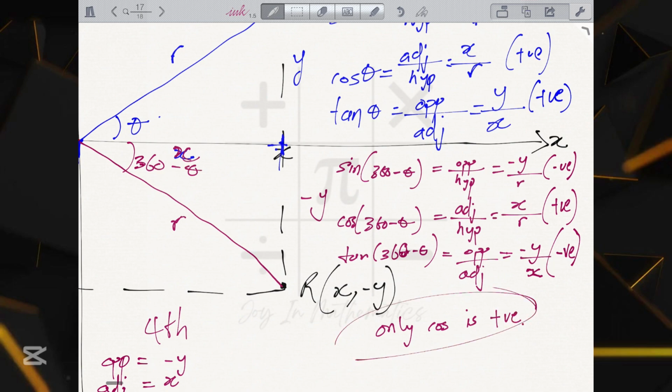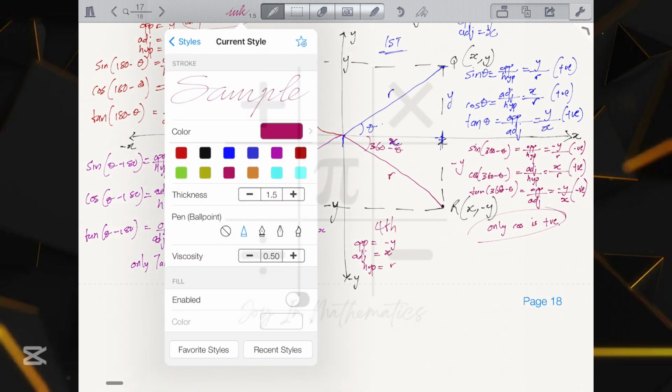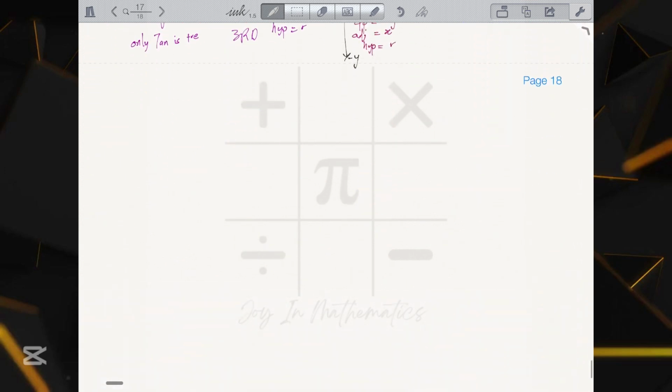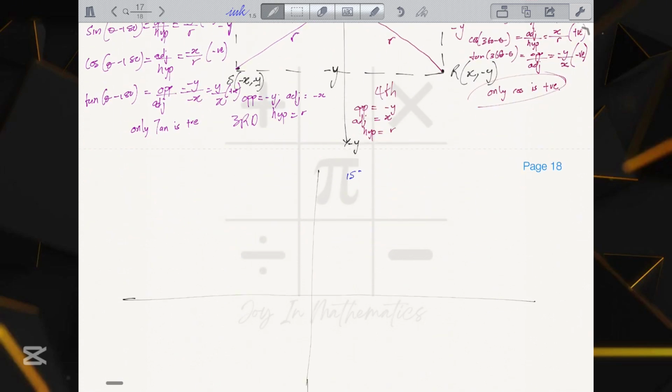Now we want to draw an inference from this. Drawing an inference from this, let's create another diagram to establish understanding. We have four quadrants. But let's begin with the first quadrant. In the first quadrant, we have that the acute angle x is equals to theta. So if the acute angle x is equals to theta,